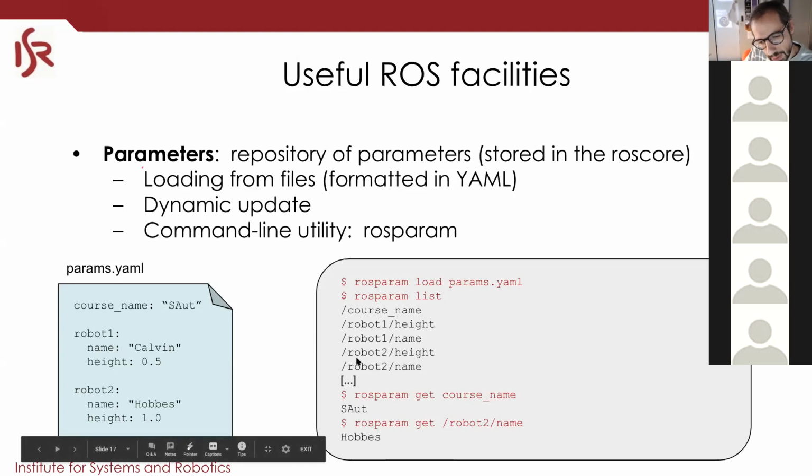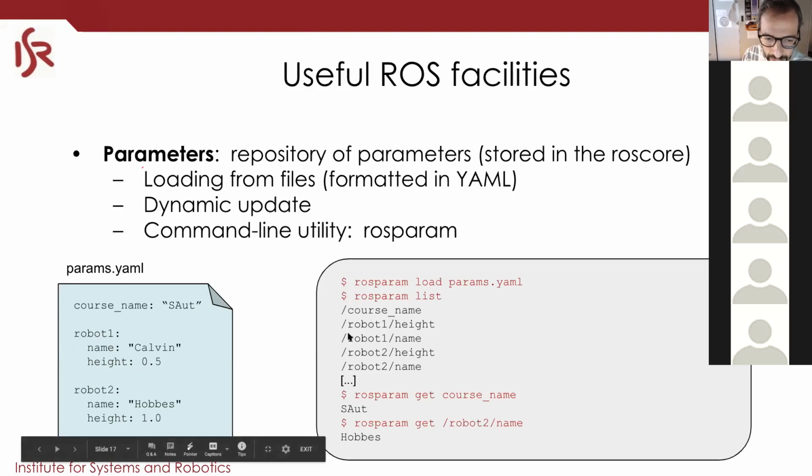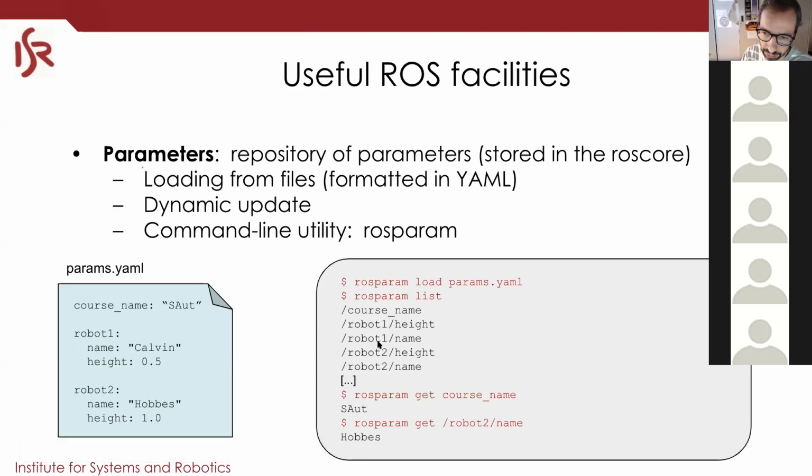Now, this allows me to introduce the concept of hierarchy in ROS, okay? Here robot1 has these subparameters, name and height, okay? The way ROS reflects this hierarchy is using the slash notation. Slash is like the root, and here it's like the folder, so to speak. So it's a parameter of robot1, and here you have the parameter name. And you can have multiple levels, so you can have robot1 slash head slash something. So you can have a whole hierarchy, okay? Here you can organize parameters inside robot1, okay?